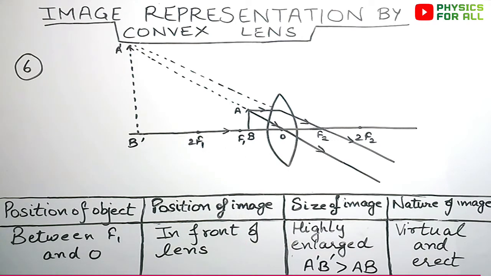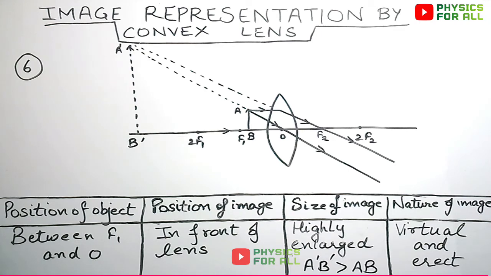Here also the things are the same. The only difference, I'm repeating again, in all the image formations, was that in case of concave mirror we had reflection, and in case of convex lens we have refraction. Rest of the cases are the same. In case of concave mirror, ideally image should form to the left side of the mirror, since mirror is offering reflection. And if image forms to the left of the mirror, it is undoubtedly real and inverted.